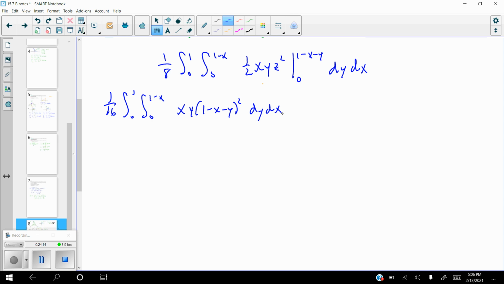Okay, now we do have to do a bit of work here. We're going to actually have to FOIL this out. And I say FOIL, but that's really not the correct term. We have to multiply 1 minus x minus y times itself. So let's see, xy times. Okay, there is a bit of a shortcut to doing this, but